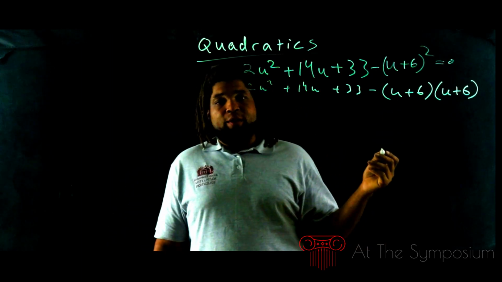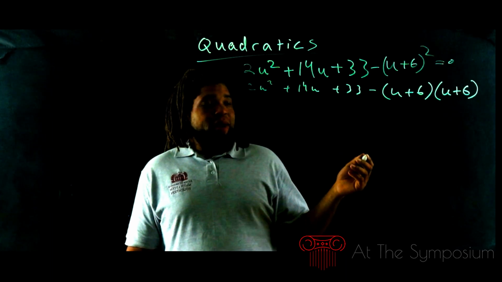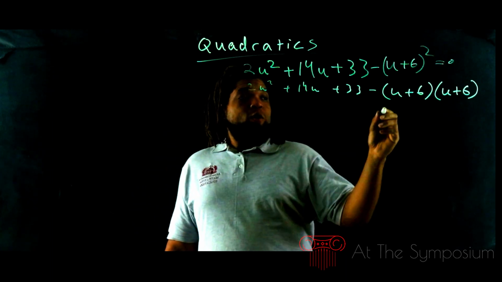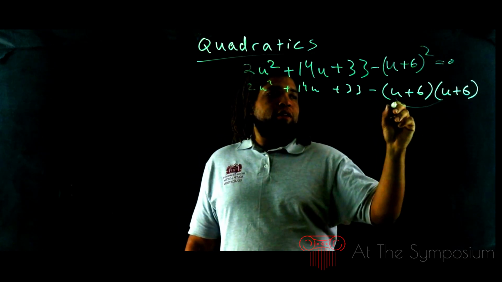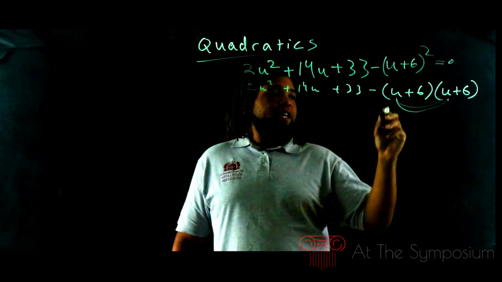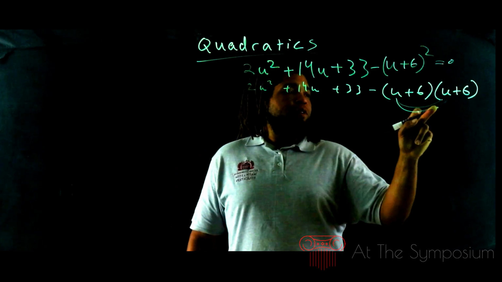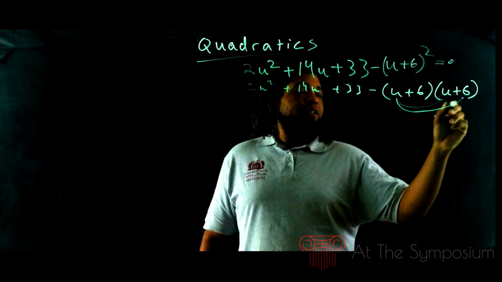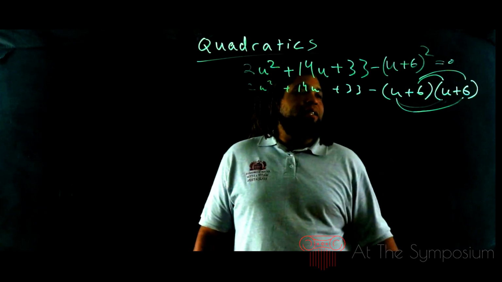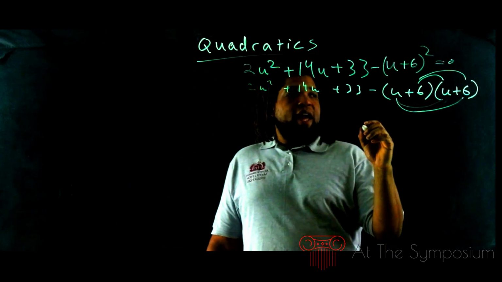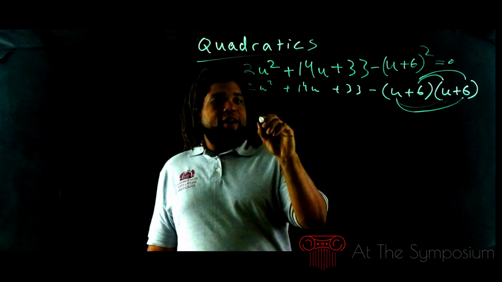So if you're familiar with foiling or not, it's basically just a term for distribution. What we're going to do is distribute each of these terms to each of the other terms in the other parentheses. So that u is going to go to that u, the other u, and it's going to go to that 6. This 6 is going to go to this u. This 6 is going to go to that 6. Okay, so when we do that, what we're left with